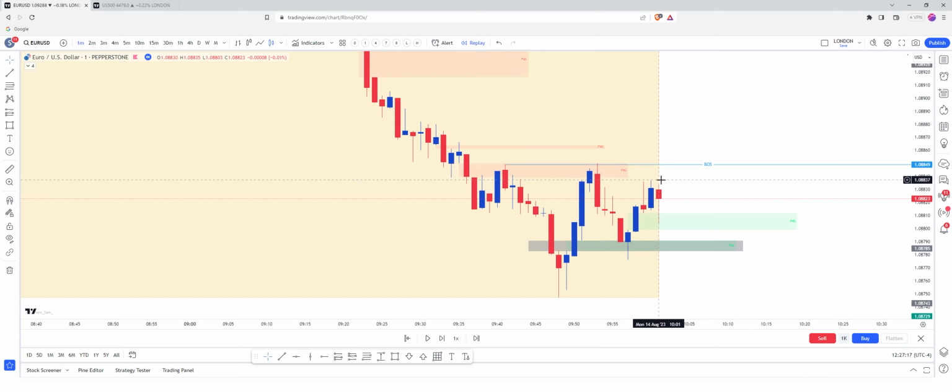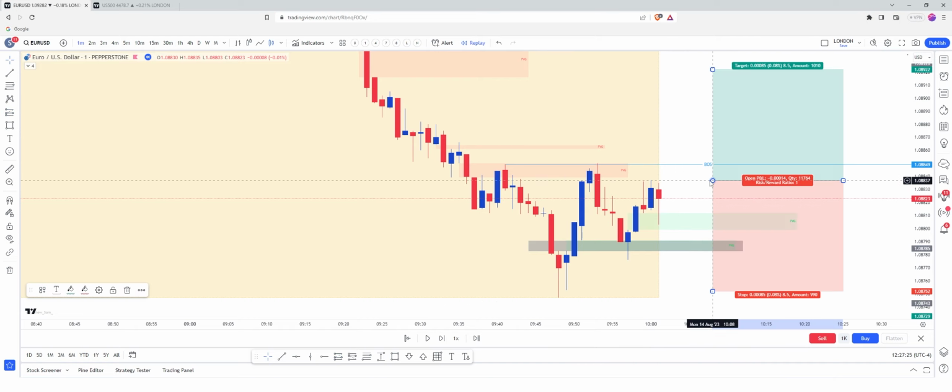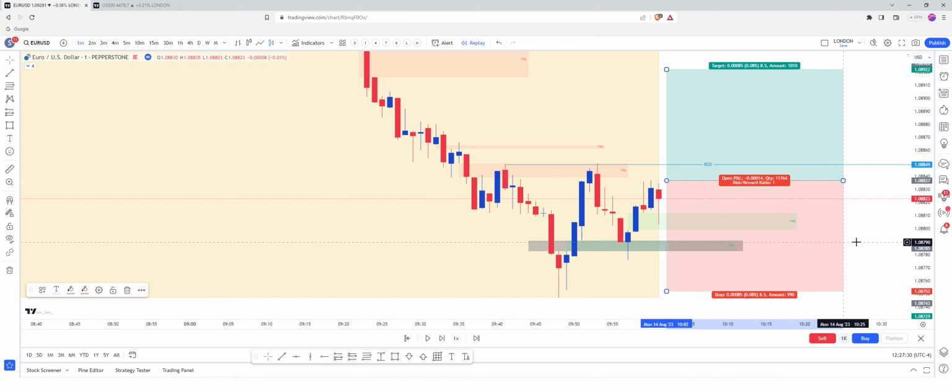So we've got here a nice swing high. This candle is lower, this candle is higher, this candle is lower. So we've got a swing high here. What I would be tempted to do in this kind of situation is stick an entry at the break of this swing high,